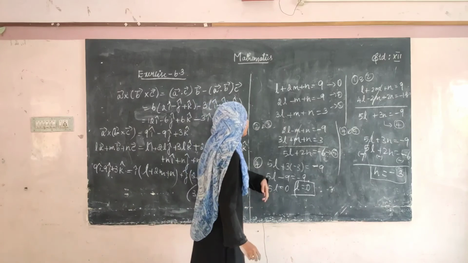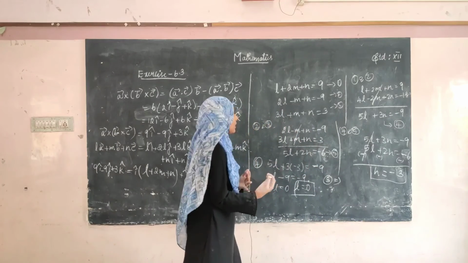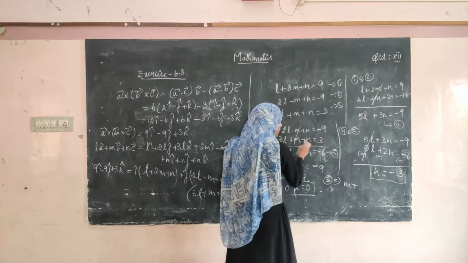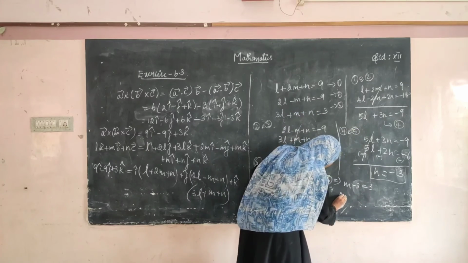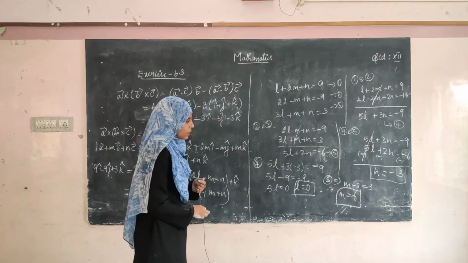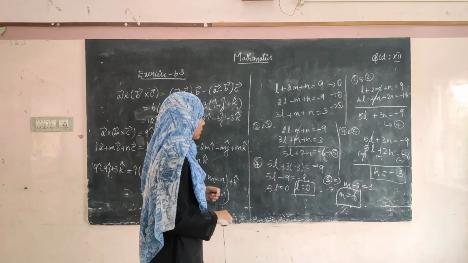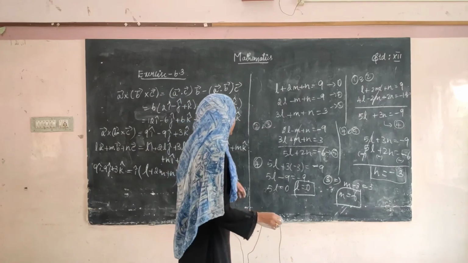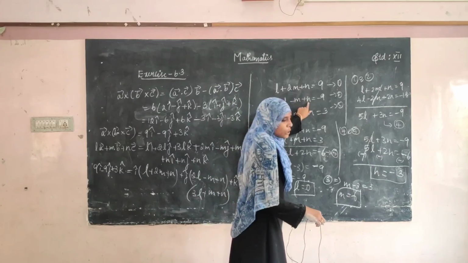Now substitute this in third equation. So what happens to the third equation? You have to substitute the value of L and N. L becomes 0. So M plus N's value is minus 3, right? So M minus 3 equal to 3. So M is equal to 3 plus 3 is 6. The value of M is 6. So this becomes 0, this becomes 0, minus m plus you can substitute here also.